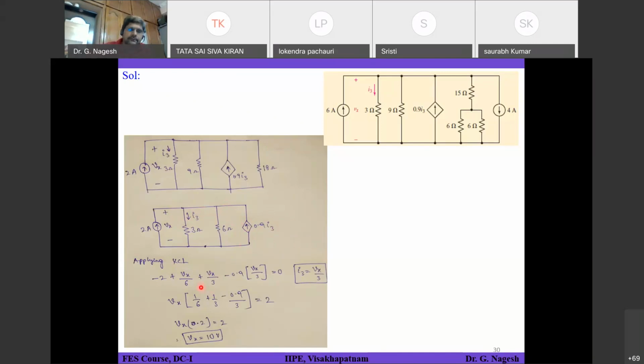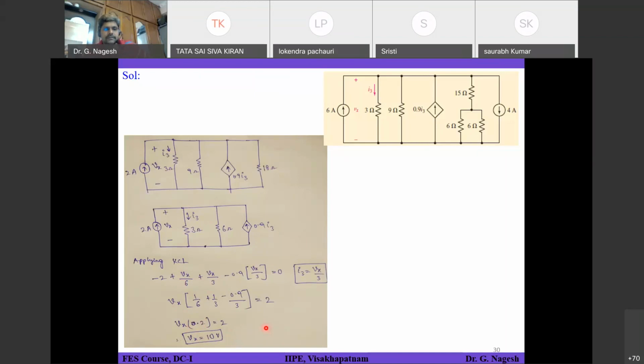So I hope you are clear with this KCL, because this is very important. When you go to nodal analysis also, you will have more complex circuits and you have to apply the same format like this: all currents leaving the top node towards the ground, that sum is equal to 0. That you have to apply. If you solve this expression, Vx is the only unknown, so I think you can solve this. You will find that Vx is observed to be 10 volts.